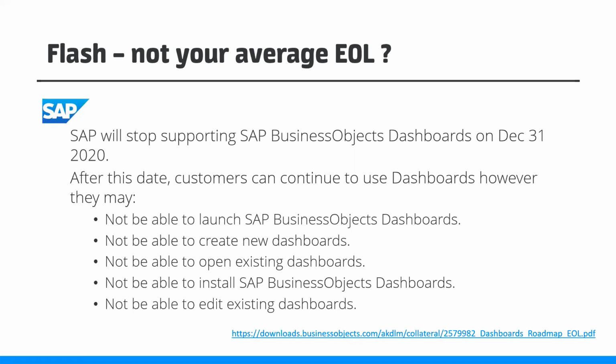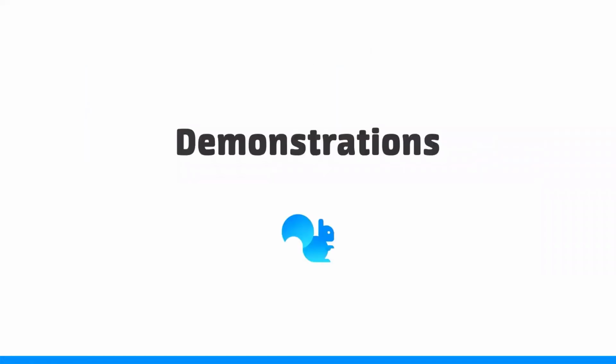So if you have content from either of these products, you need to think about what you're going to do. What I want to do today is to persuade you that Squirrel is a good place to go for that content, to migrate it across. And you'll be glad to know that all we're going to do here today is demonstrations to help you understand that. These demonstrations will go through some of the features. They're basically demonstrations to answer all the questions that you might have.